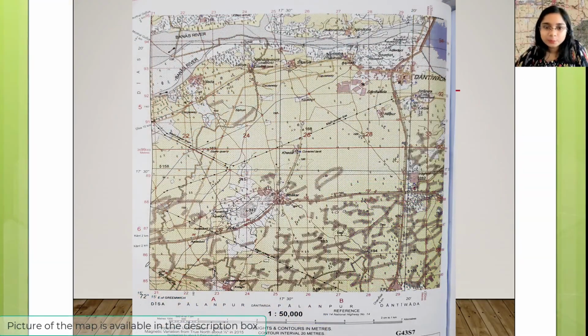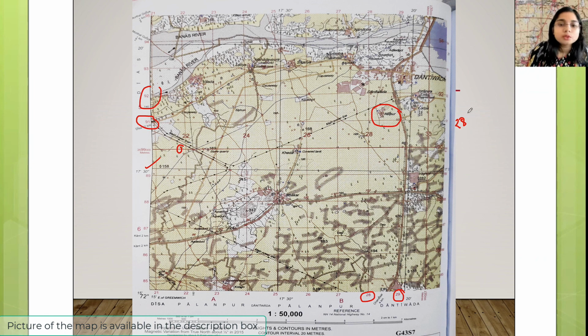Now in the real scenario, in the topographical maps, eastings and northings and the grid systems are shown by red color. Now if I ask you to find the location of a village, Nilpur. So this is the village Nilpur. If I ask you to find the four-figure grid reference of Nilpur, obviously you will see the eastings first. So Nilpur is situated between 28 and 29. But we have to take the lower value. So we'll take 28. And in case of the northing, Nilpur is situated between 91 and 92. So I will take the lower value, that is 91. So the location of Nilpur will be 2891.